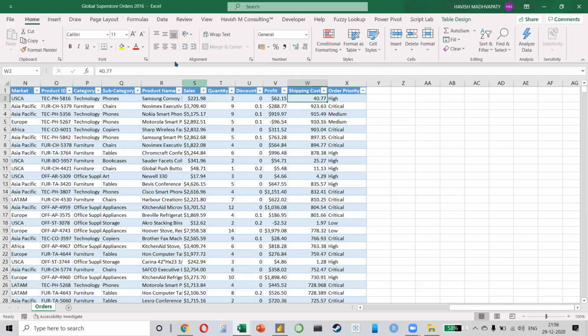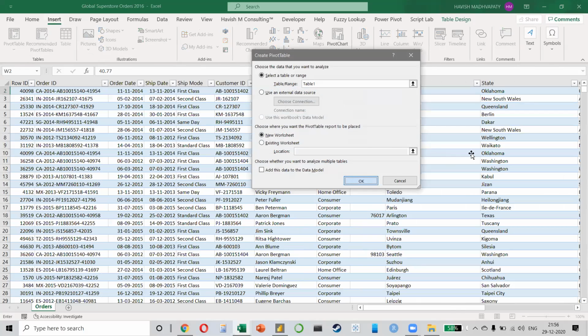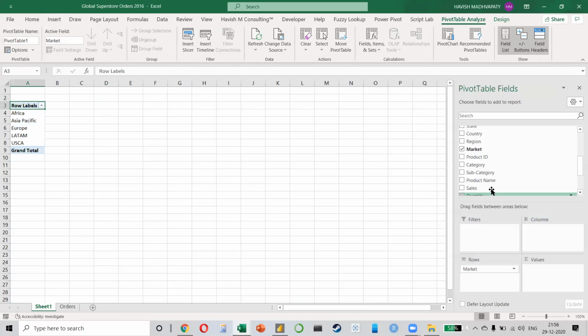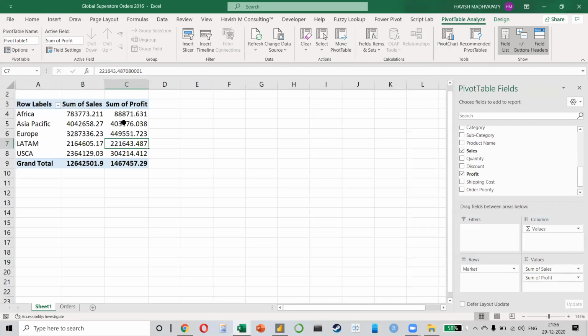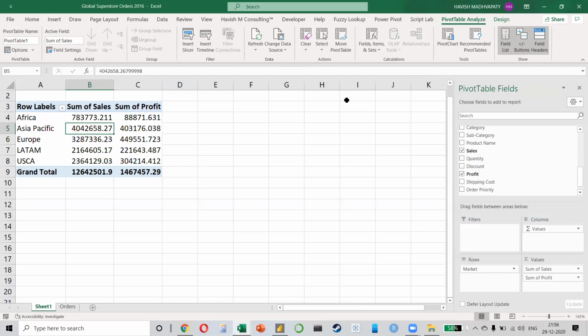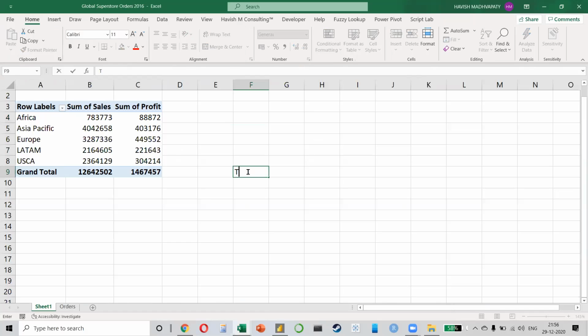What do we do? We will have to make a pivot table, right? And now I put in, let's take an example, market, sales, and profit. Tell me, what is the total profit for the business?